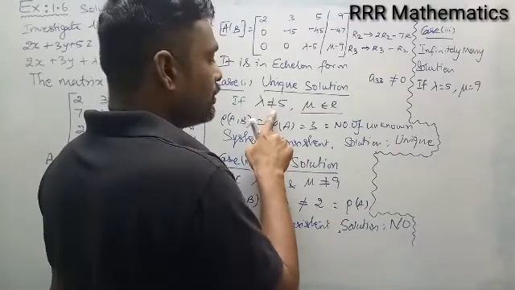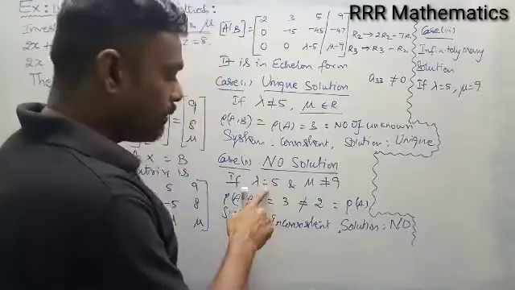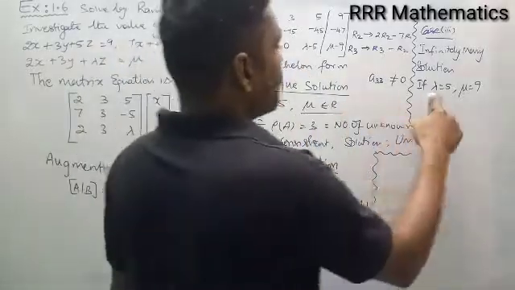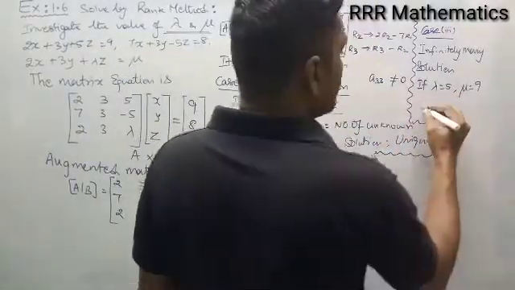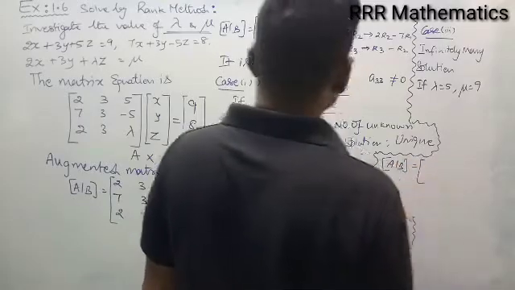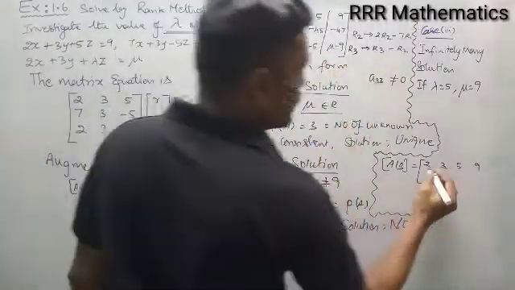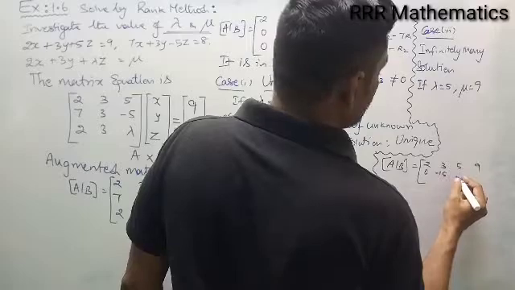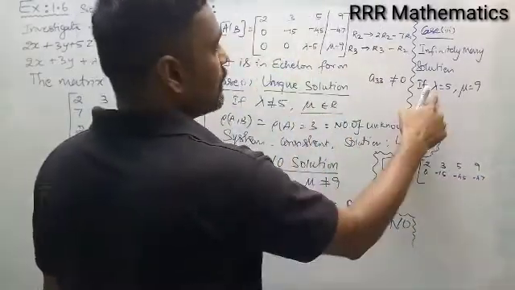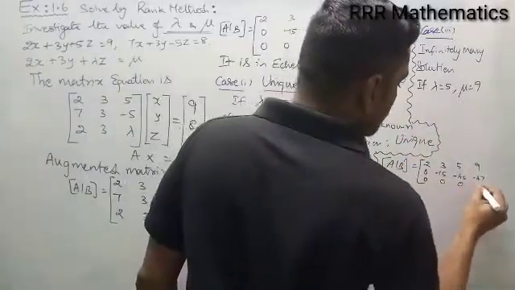Here lambda not equal to 5, mu belongs to R, which is not a particular value, so I cannot show the matrix. Here lambda equal to 5, but mu not equal to 9, I can take any value, so I cannot show the matrix. But in this case, I am taking lambda and mu as particular values. So the matrix A, B will be, I will write here, 2, 3, 5, 9 first row. Second row, 0, minus 15, minus 45, minus 47. Third row 0, 0, lambda 5 means 5 minus 5 is 0, mu 9 means 9 minus 9 is 0. So I am getting 0, 0, 0.